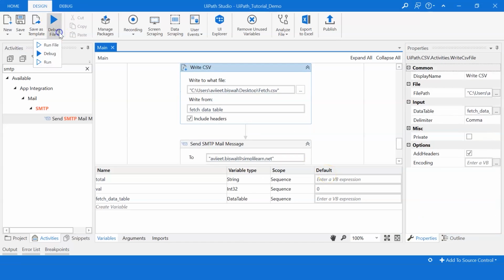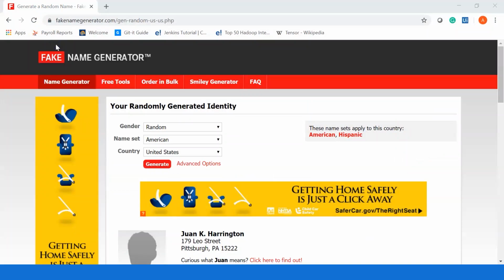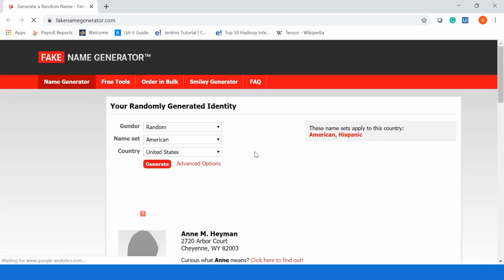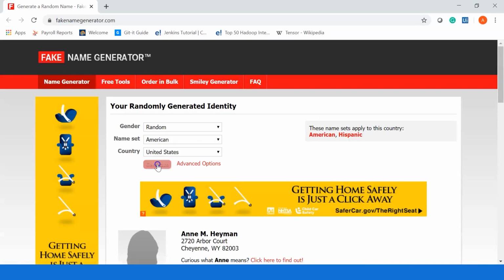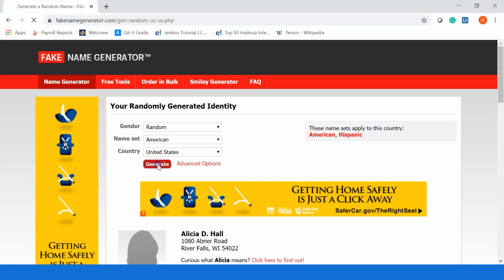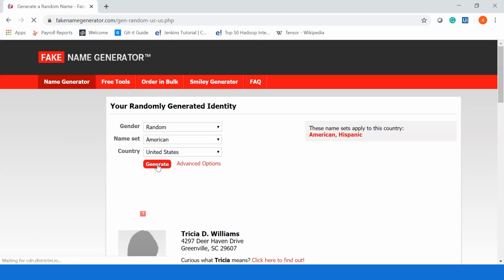Let me now go to debug file and run this. It is asking to enter the number of records. I'll give 5. Click on OK. This will take some time, so let's just wait.